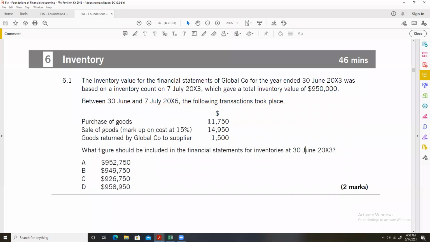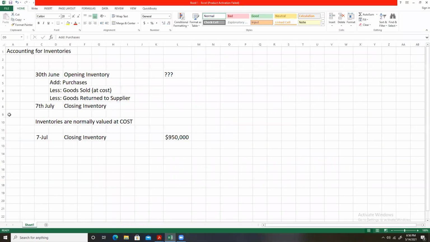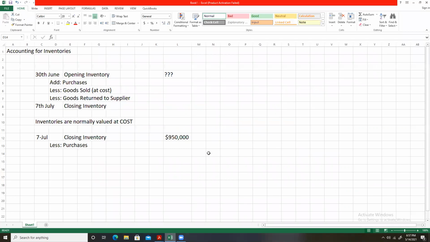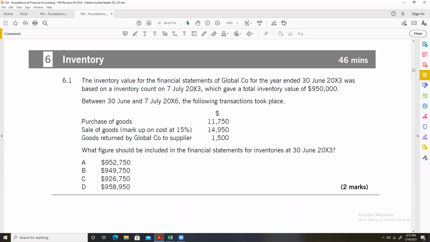How much were our purchases during this 7-day period? Our purchases were 11,750. So we will subtract the purchases. Less purchases. How much were the purchases? Purchases were 11,750. Okay, moving forward,